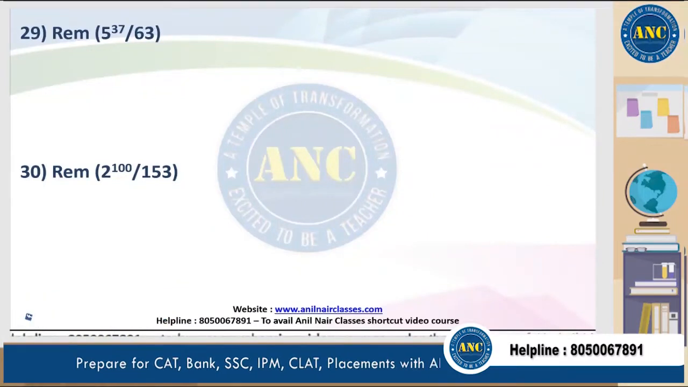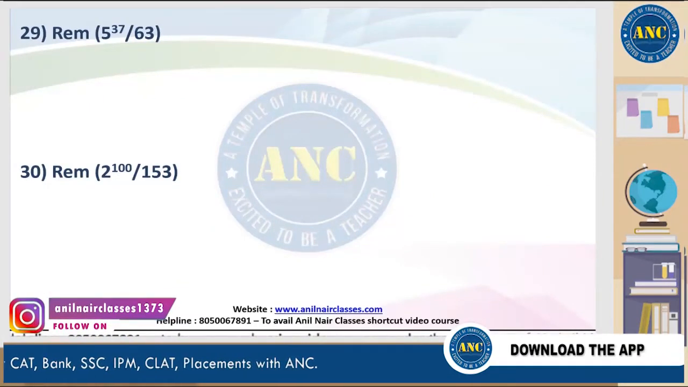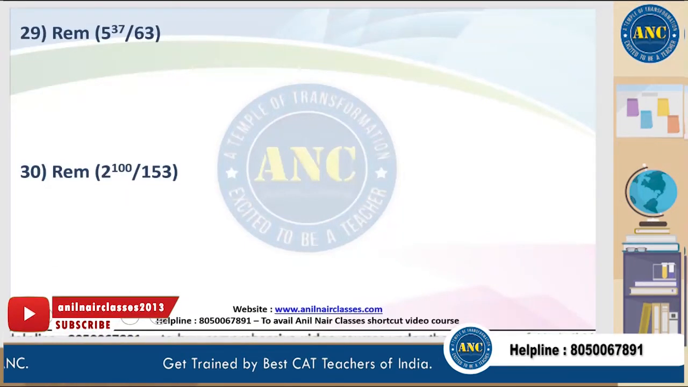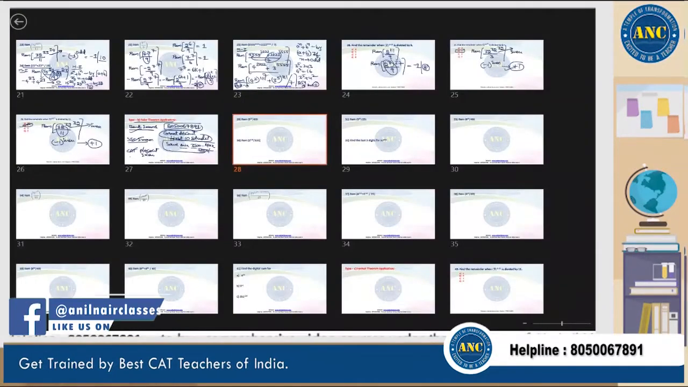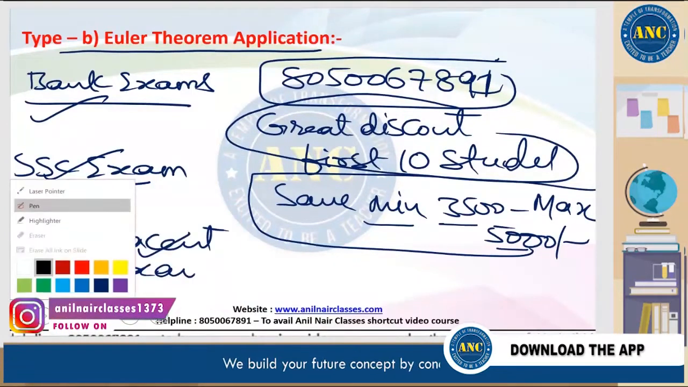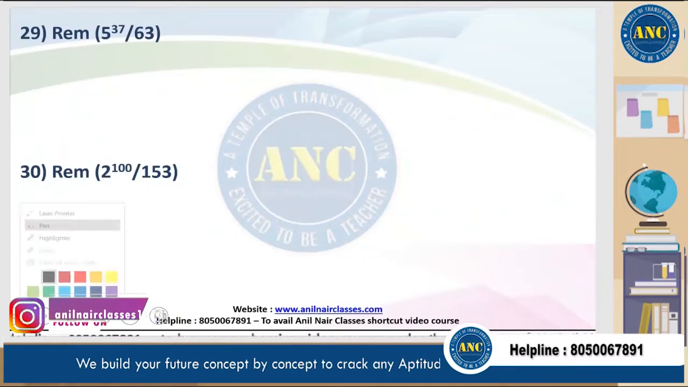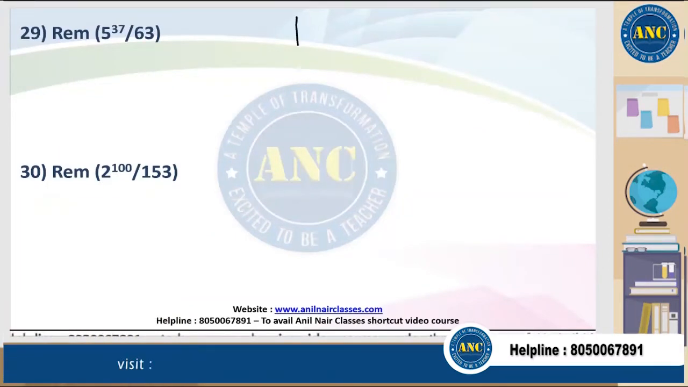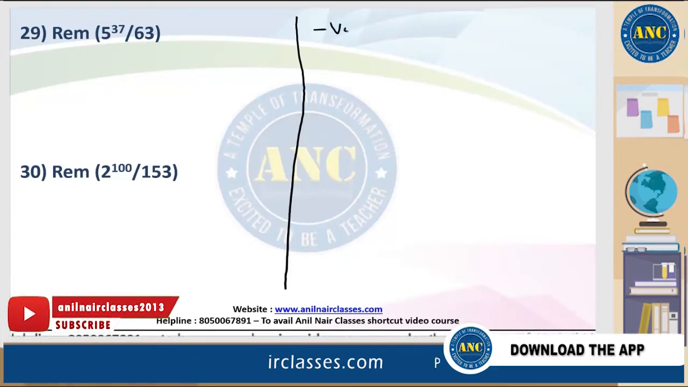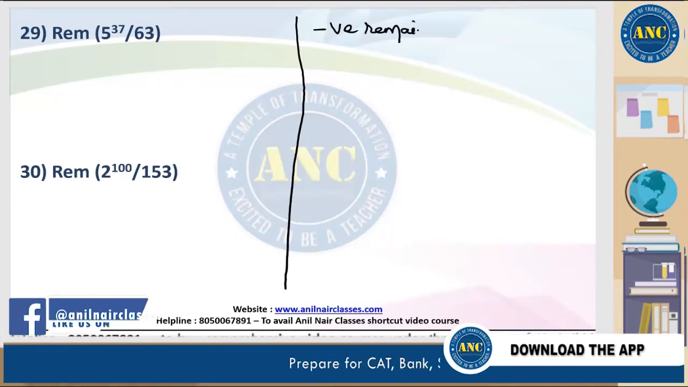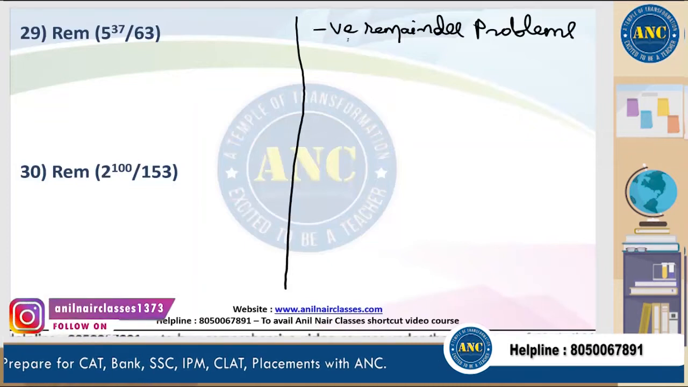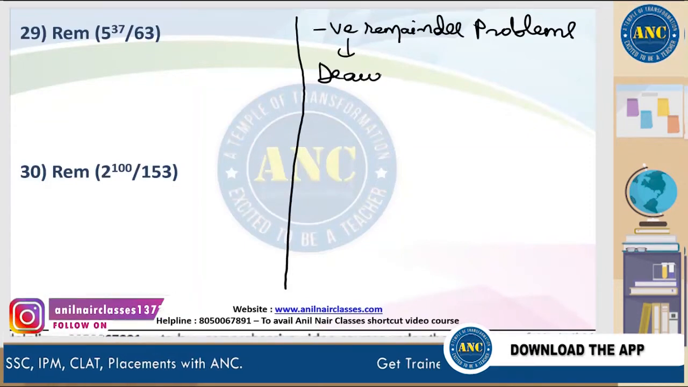Right. Now let us solve 29th and 30th based on Euler's theorem. Please write down a few concepts. Euler's theorem. Now, in negative remainder problems there are a few drawbacks. In negative remainder problems there are a few drawbacks. For example,